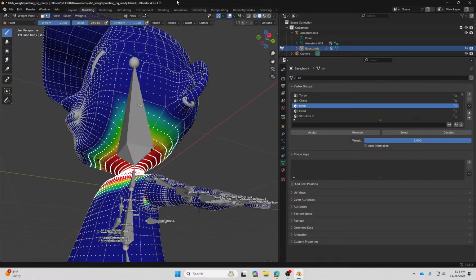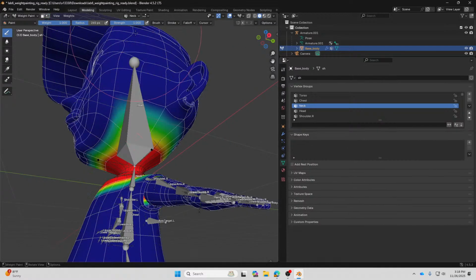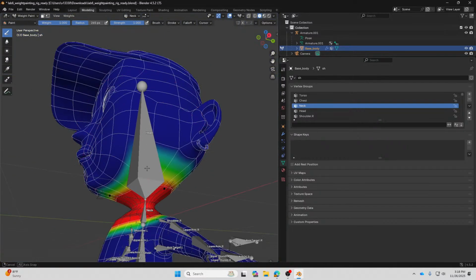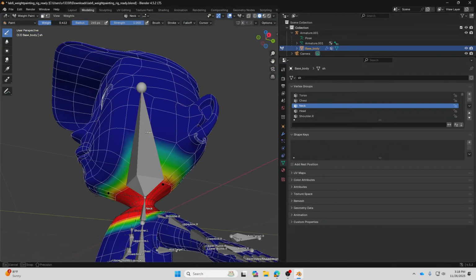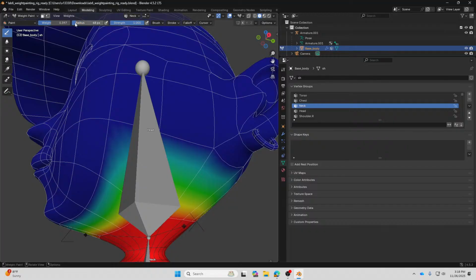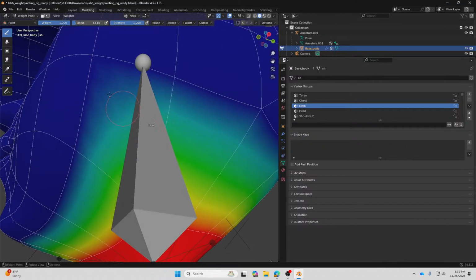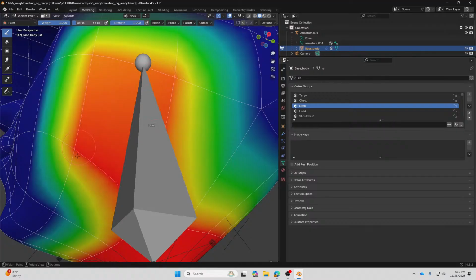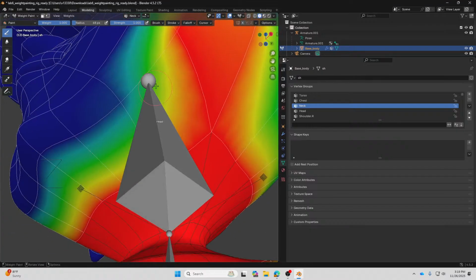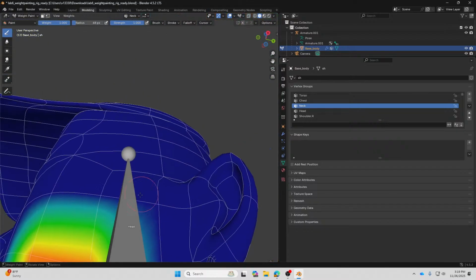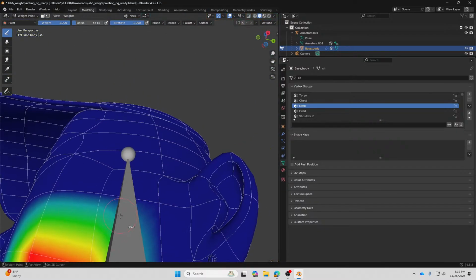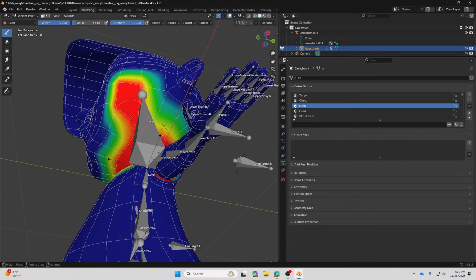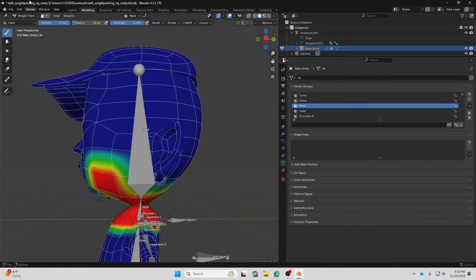Because now, this is just a demo, if I increase the value of the head bone over here to 1, for example, probably this one doesn't show, but let's try.